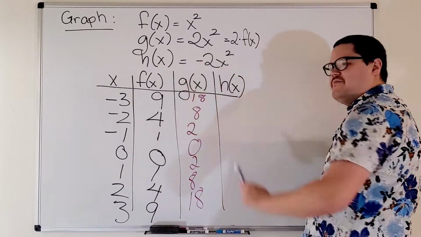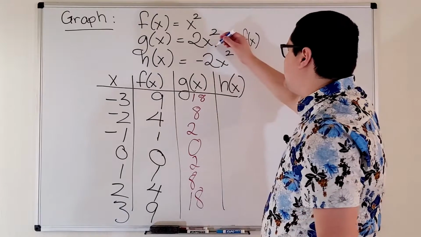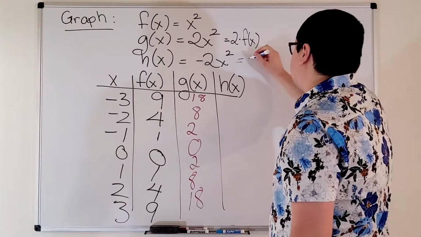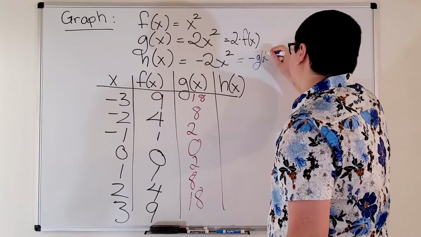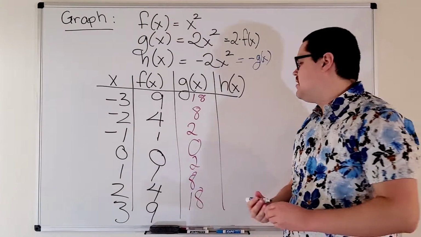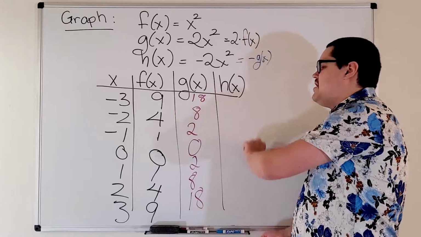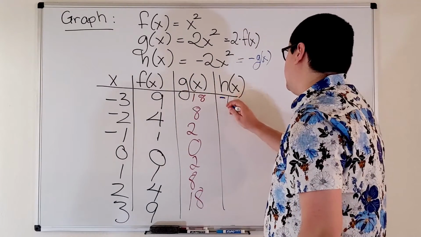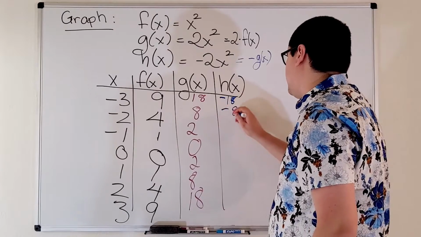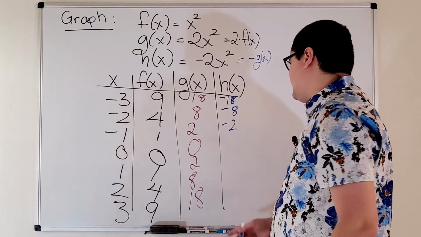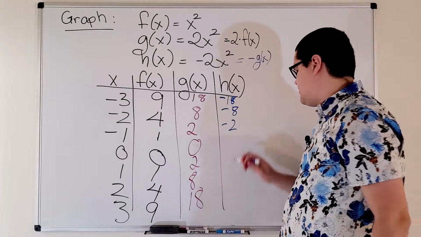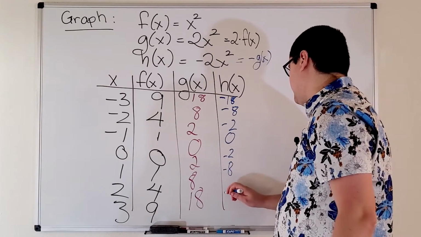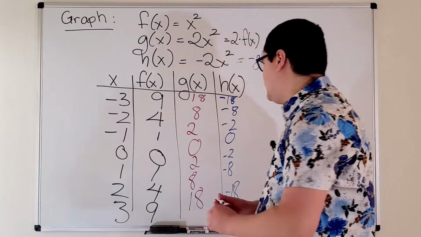Finally, h of x. Well, that's negative 2x squared. And 2x squared was the same thing as g of x. So this is the negative of g of x, which we just did. So this column is the negative of this column. So all we do is take all those numbers and we flip the sign. Negative 0 is the same as 0. And all the rest are pretty simple. All right,